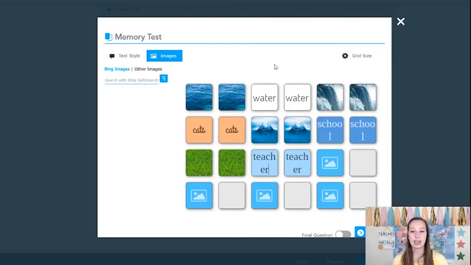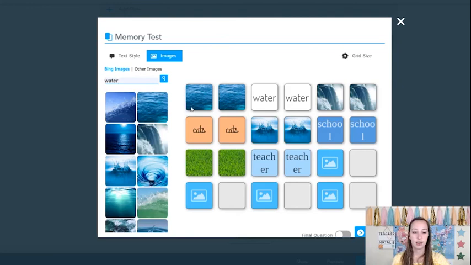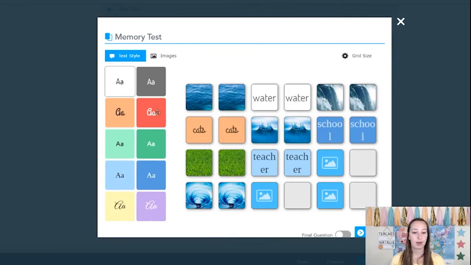So I can either add an image to my matches, or I can add a word. And images, it's on image, so I'm going to search image, water, search, and then I'm going to pick the picture I like. I like this one, and you just drag it over to your matching pair, and it'll pop it right in. If I want text, then you can pick the text style, drag that over, and then you can type in your